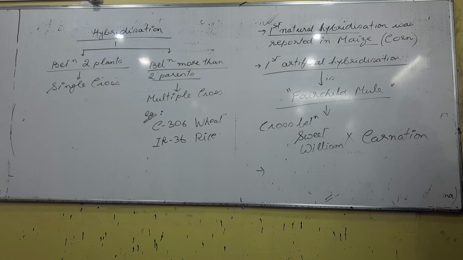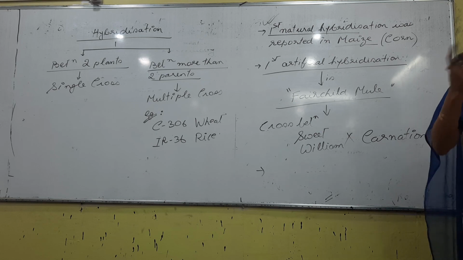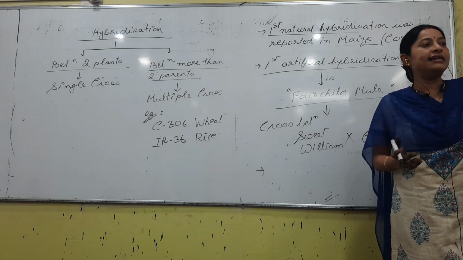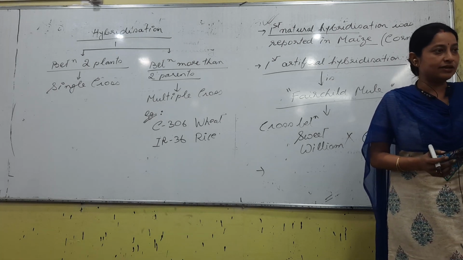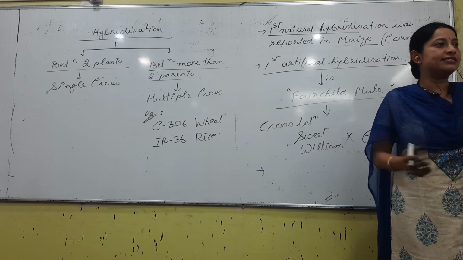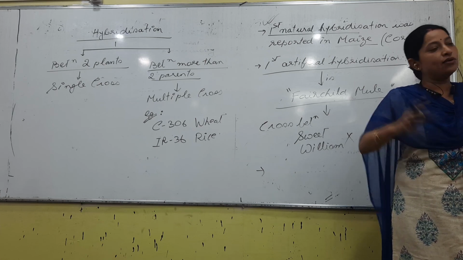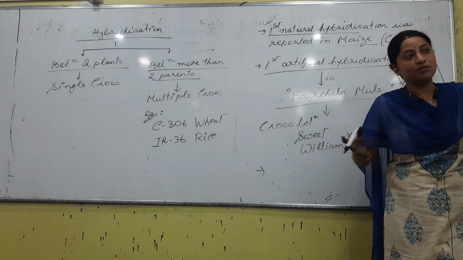Since we are making a cross artificially, not naturally, we can cross three or four plants together. Not necessary that only two plants be crossed. If you cross two plants, the characteristics of two plants will come; if you cross many plants, the characteristics of many plants will come. If you want one plant to have all the characteristics, suppose you need high yield, disease resistance, resistance against adverse conditions, and more, it should be sweet also, if you need all of that,